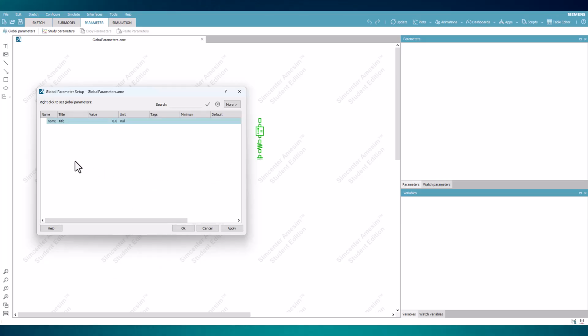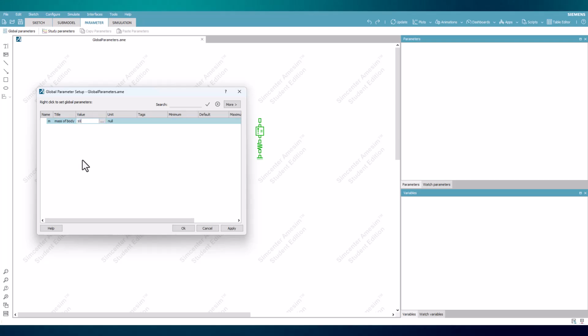A line will then appear in the window to be edited, starting with the name, which will be what the parameter is referred to in the model, being short and concise, like when creating a parameter for the mass in a component, make it M. The title box is available to describe what the parameter represents in full.